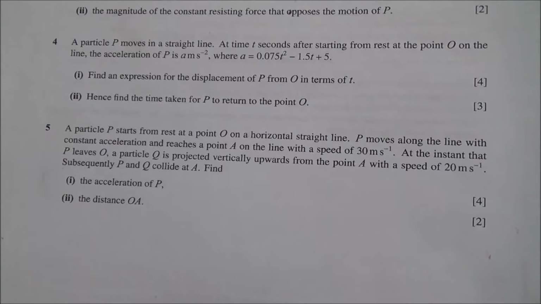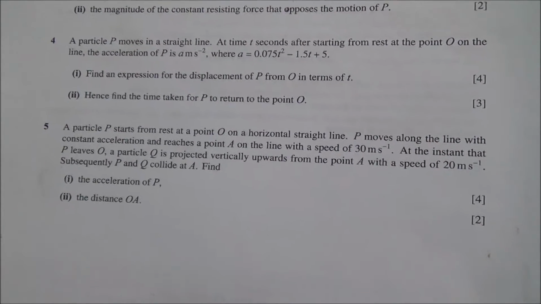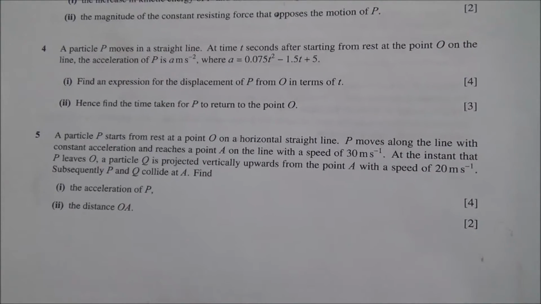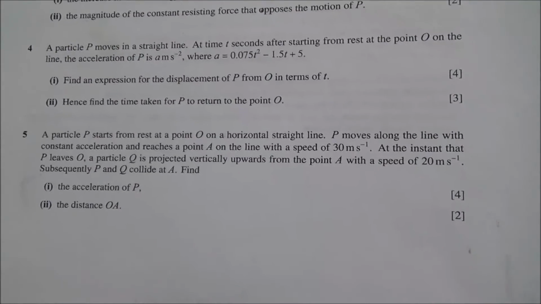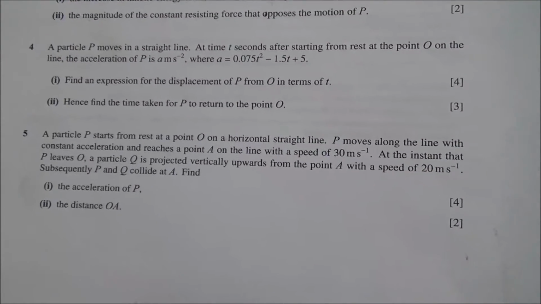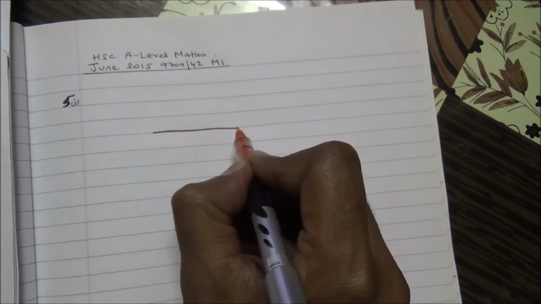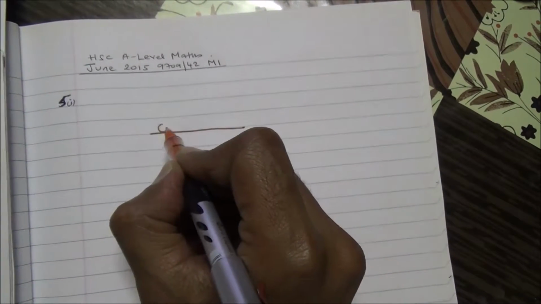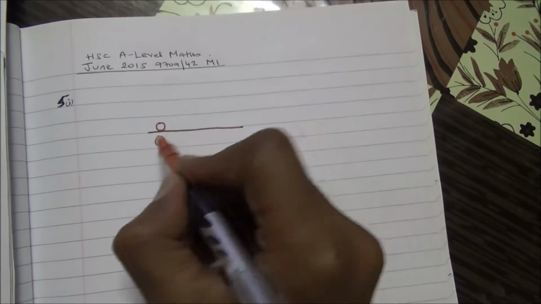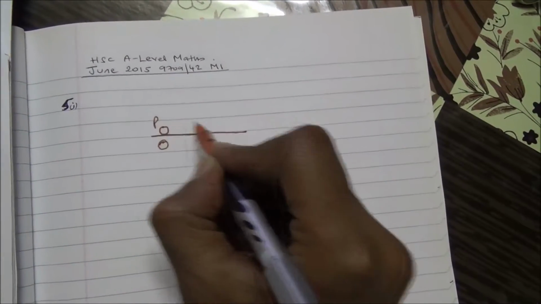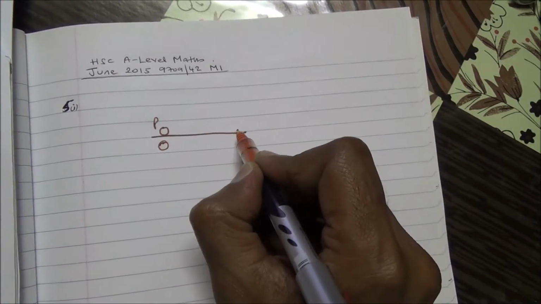Subsequently, P and Q collide at A. Find the acceleration of P for the first part of the question, and for the second part, the distance OA. Alright, so let's try and put an illustration here to see what's happening. We have a straight line, like this, and there's a particle here at the point O. This particle P is moved to the point A,